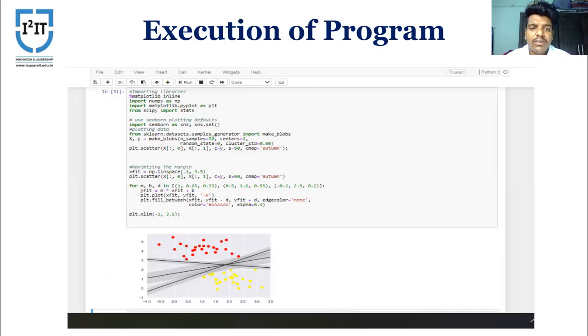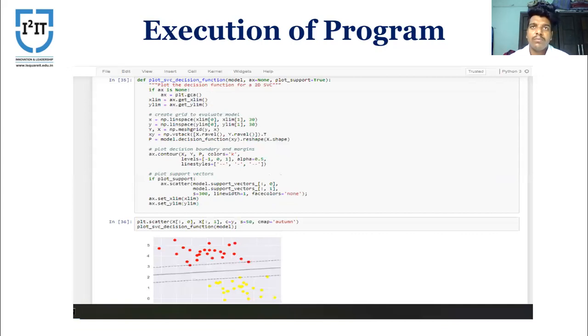The plotting will be done on the x and y plane, maximizing the margin. You will get a number of hyperplanes, but our SVM will choose the best margin, the best hyperplane, which will have equal margin on both sides.